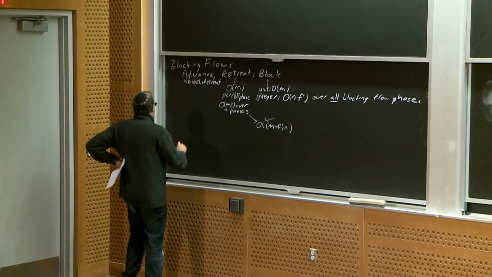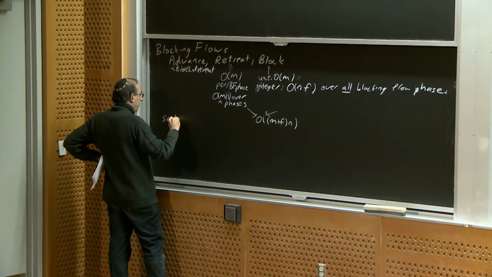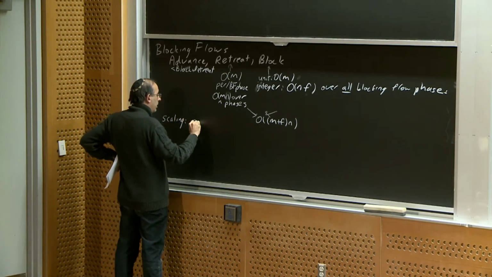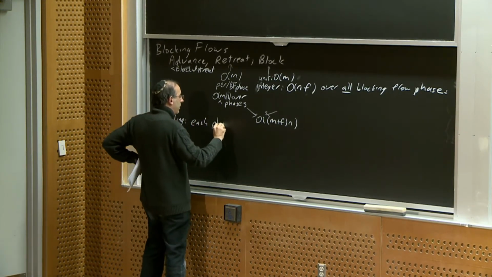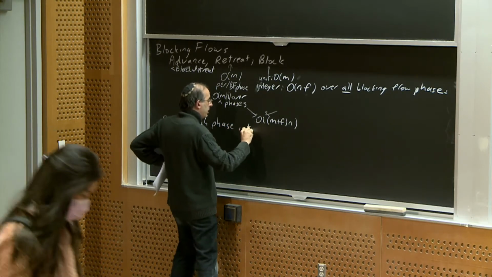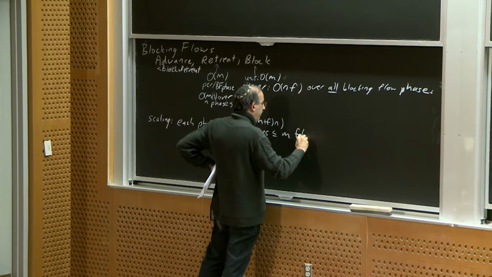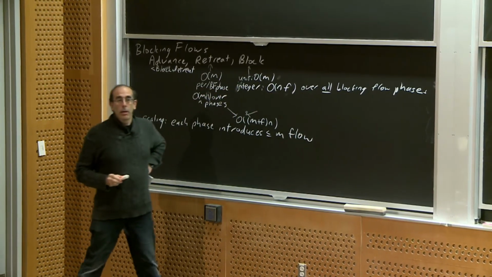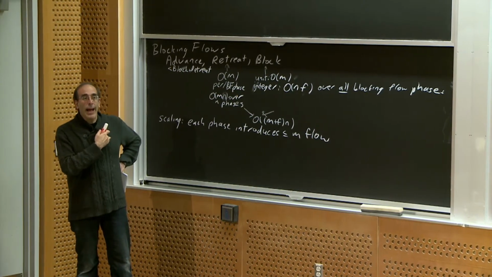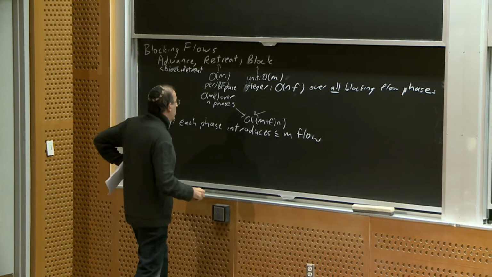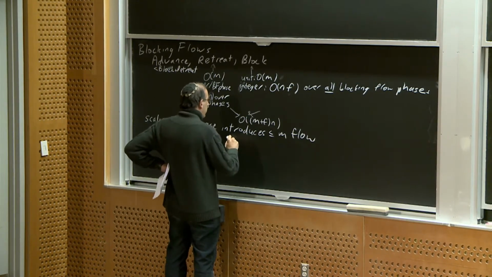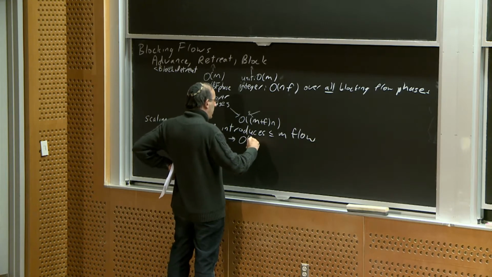We then said that for scaling, right, each scaling phase introduces at most m flow in terms of the capacity that you add during the scaling phase. And that means that f is equal to m, and that gives us an order mn time